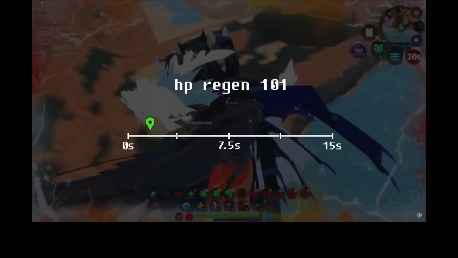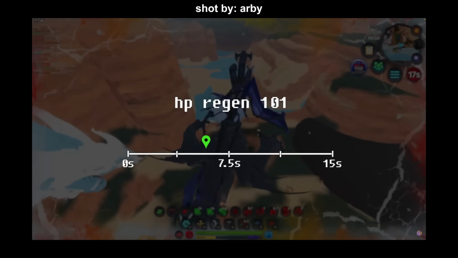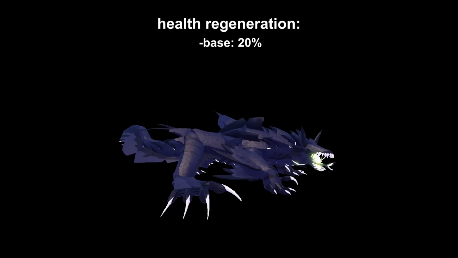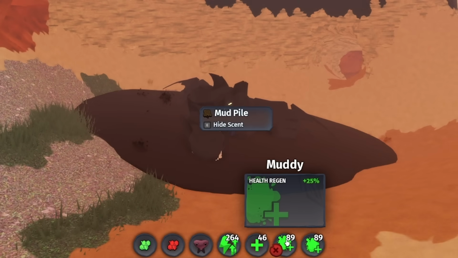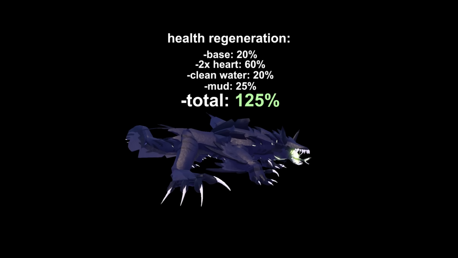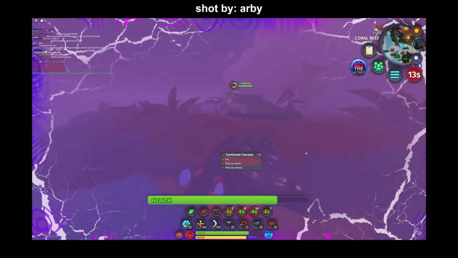See, every 15 seconds, no matter what creature, your health regenerates a set percentage. The Viex has a base 20% health regen, but by adding 2 hard plushies, clean water and mud, you get over 125% instead. So you have to kill it in 15 seconds, otherwise...